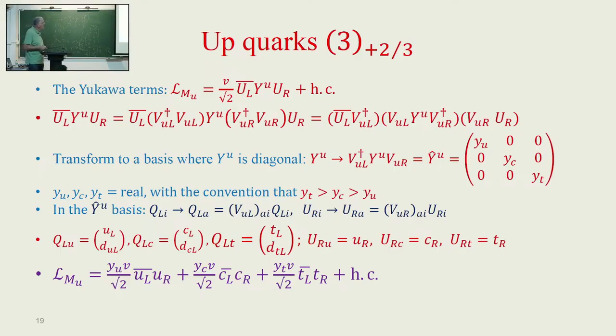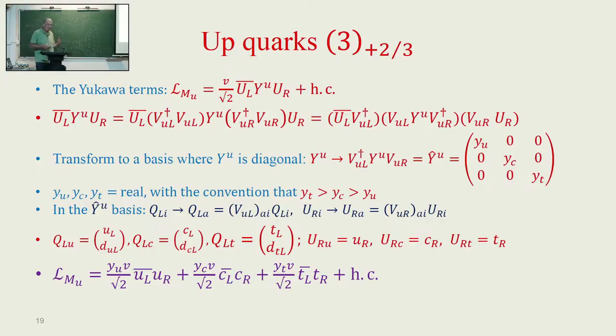And in the basis where this is diagonal, we give names to this upper component of the doublets. We call them U left, C left, T left. And the right-handed things that are relevant here, in this basis, we give them names, U right, C right, T right. The subtlety is that we here write also their partners in the SU2, DU left, DC left, and DT left. Okay, the subtlety is that these are not the